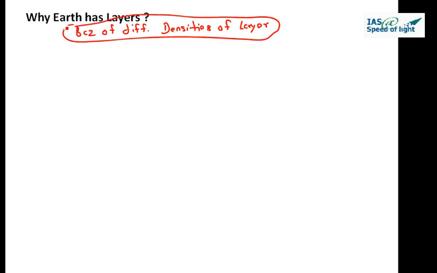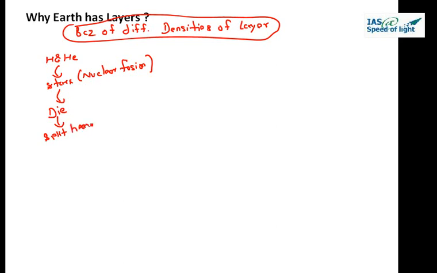Now to understand this, we will go back to the time when the Earth didn't even exist. At that time we had only hydrogen and helium, the only two gases present in the universe. They used to condense and form stars, we all know that. Then stars, using nuclear fusion, generate energy, like our sun. All stars generate their energy using nuclear fusion, not electricity. Then stars die. Then what they do is they split